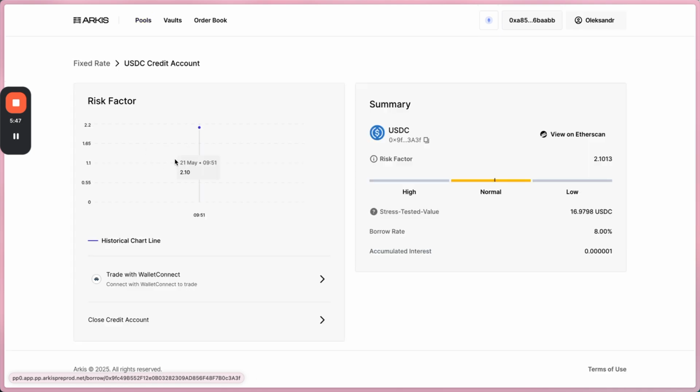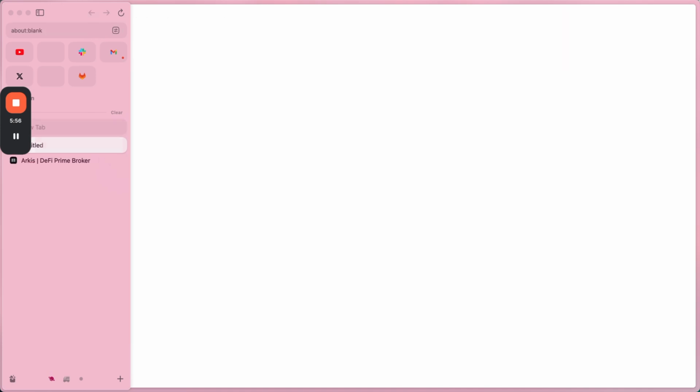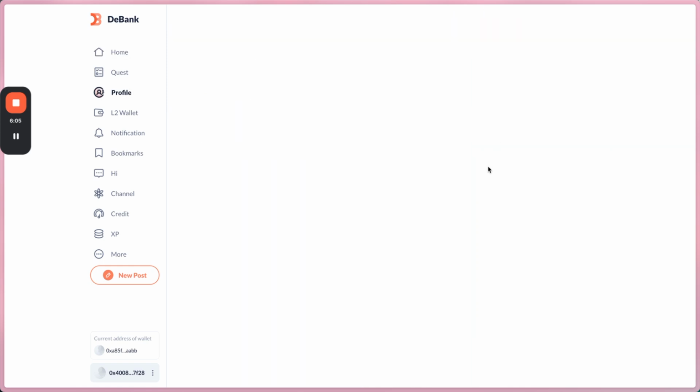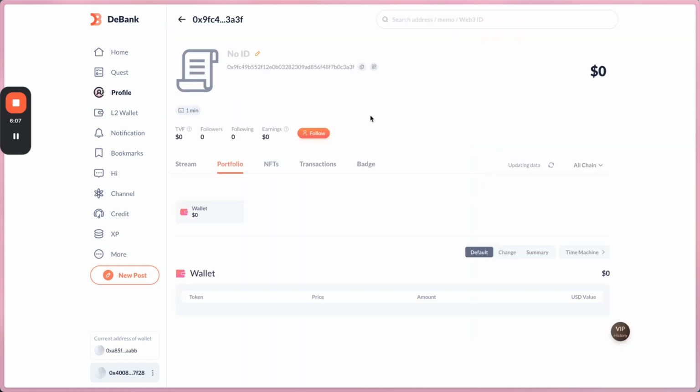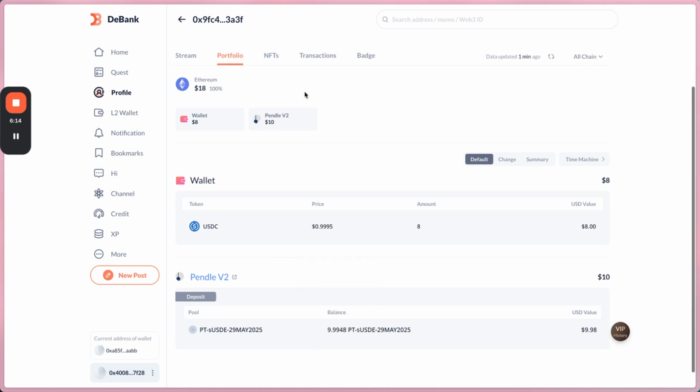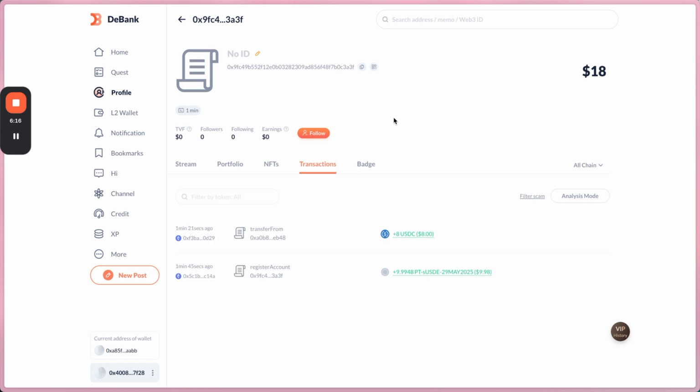So if we go to the margin account page and we click on the margin account address and go to the bank, we can see that both Pendle PTs and USDC were allocated to the margin account, with the allocation transaction being